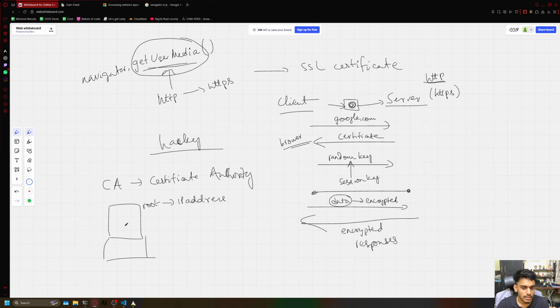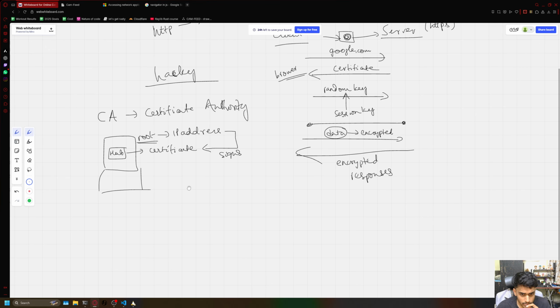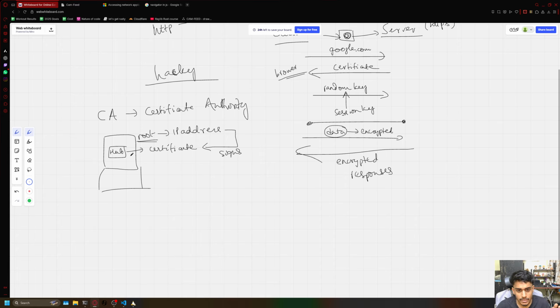Okay, then I generate one for my server. For my hub server, which is running here, I essentially create a certificate for this server, and I sign this certificate via my root. Now if the server is sending an HTML page to my phone,